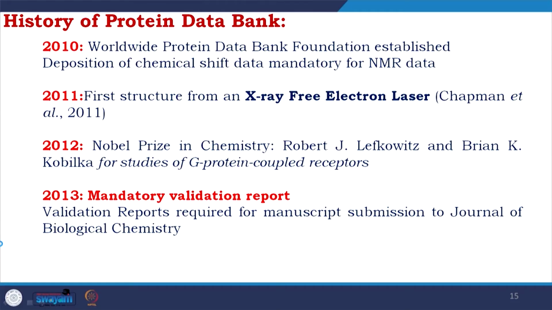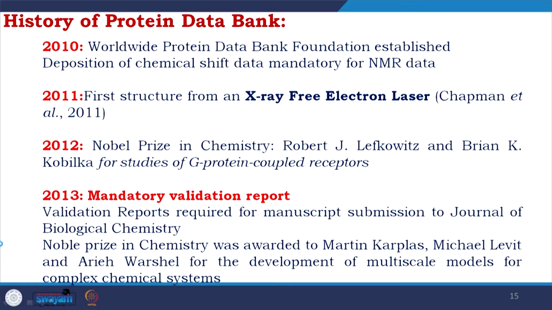Otherwise, they will communicate with you and ask you to make changes, you will do the changes, and then you will get the validation report. As I told, only after getting this validation report are you allowed to go for scientific publication. So, the validation report is required for manuscript submission to the Journal of Biological Chemistry or anything, and that makes a huge improvement in the quality of data. So, it is a very significant step,